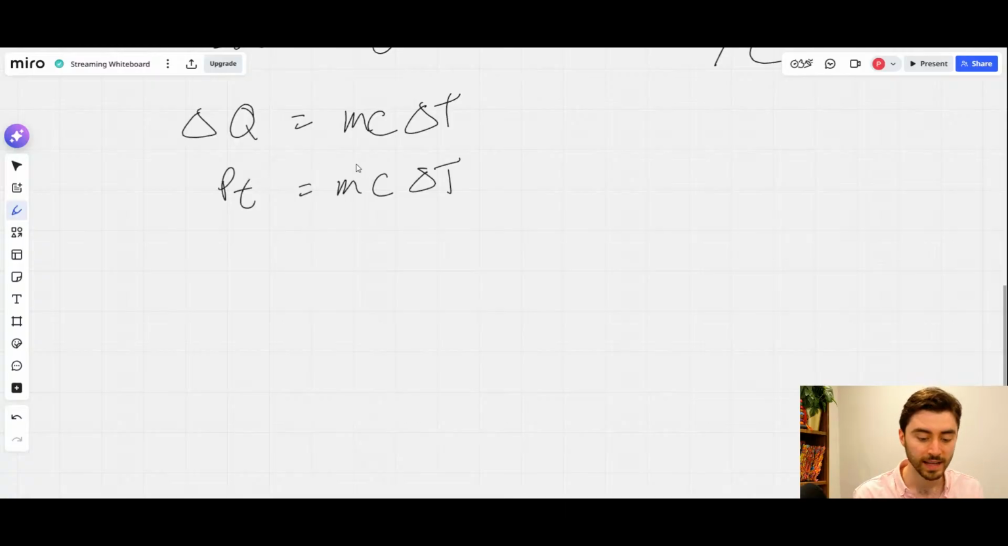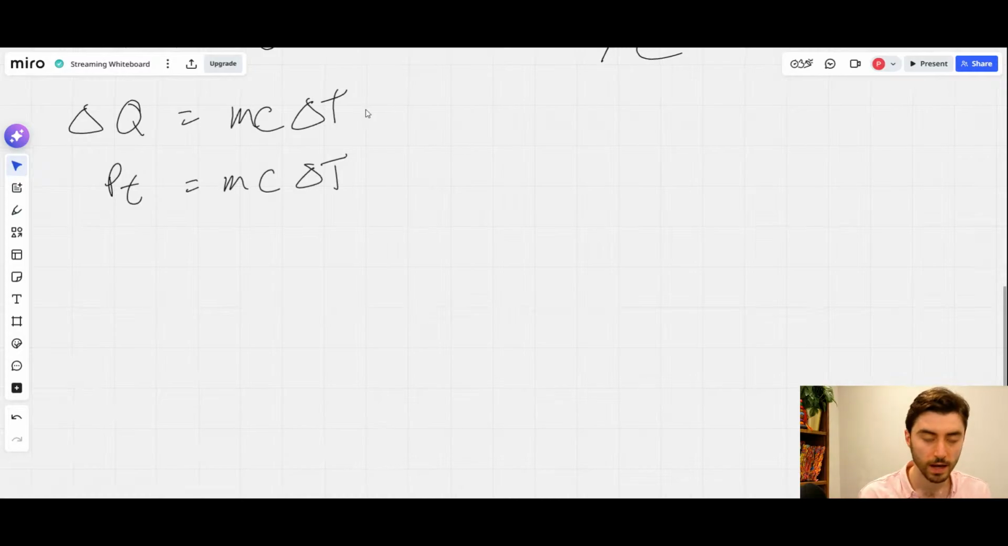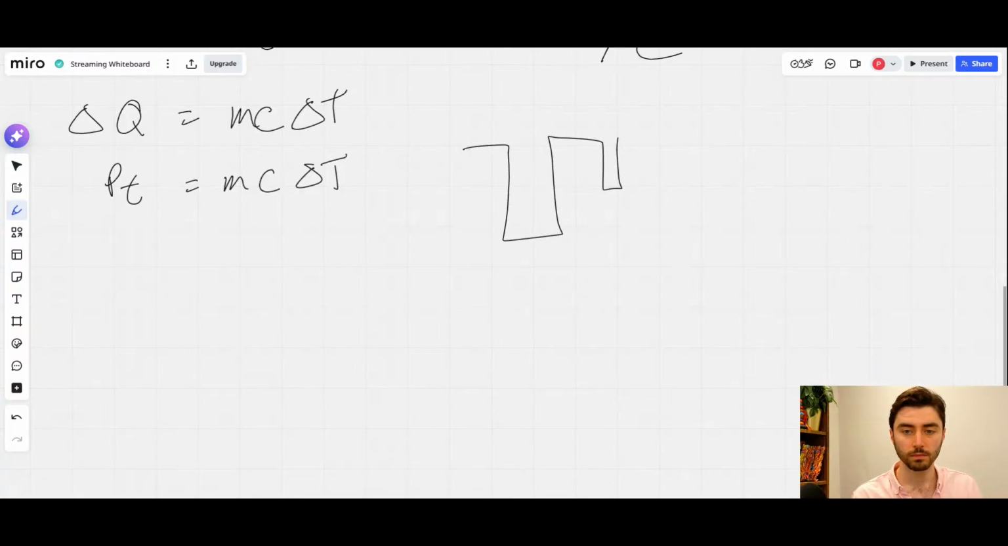Now, experimentally, how is this done? So what we've got experimentally is some sort of electric power supply heating up a block of material, let's call it copper. So maybe you've got a big block of copper, and we've got some sort of heating